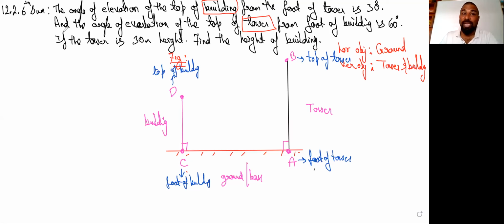Right. Now, if you read out the question, the angle of elevation of the top of the building from the foot of the tower is 30 degrees. This is the first point. From where did it start and to where is it going? Here it is clearly said it is starting from the foot of the tower and going to the top of the building. As it is the line of sight, I like to go with the imaginary line.